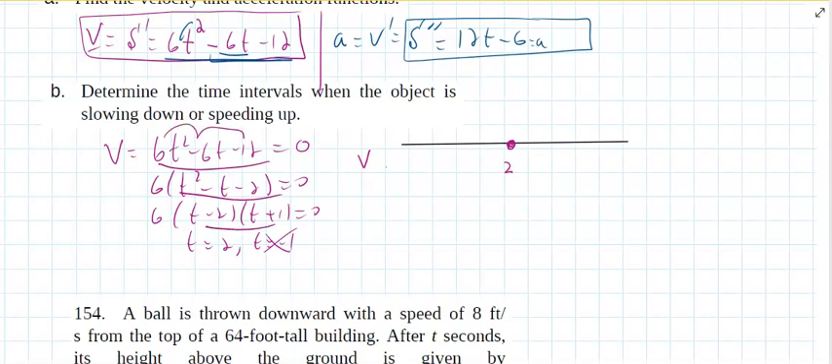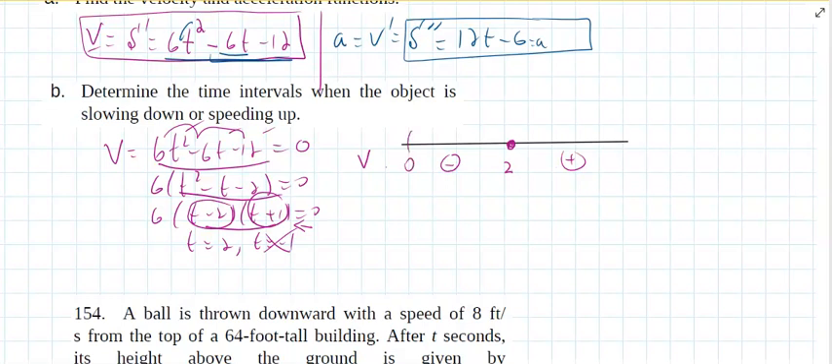6 minus 6 minus 12, that's negative. If I put 3, now it's easier to test here, because if you put 3 there, that's positive. Positive times a positive is positive. But you just want to know if it's positive or negative. So what this means,